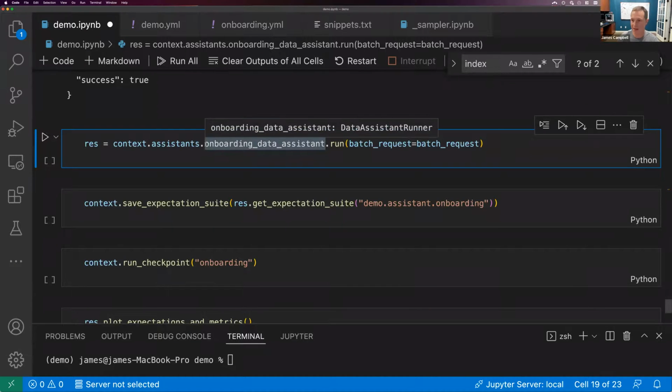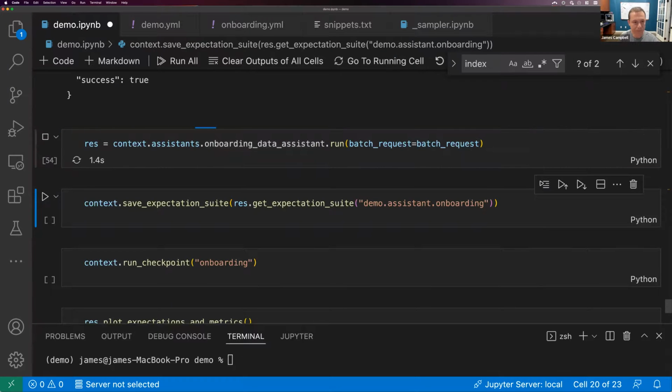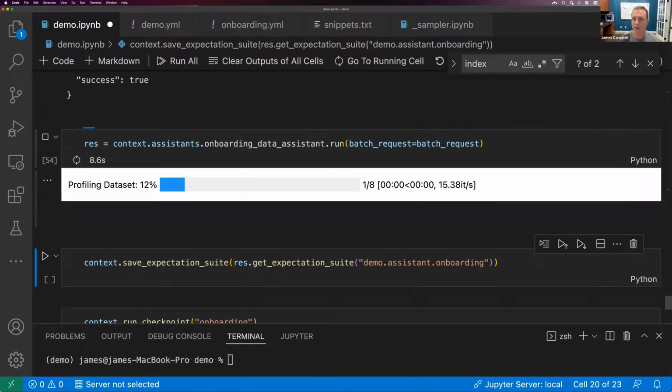Now, if I go one step further, the volume assistant is nice, and as you can see, we made an expectation about the total number of rows, about the number of unique values. We also have this assistant we're calling the onboarding assistant. What the onboarding assistant does is it takes a much broader look across different characteristics of the data set. So this will include volume-related expectations, but it'll also include some distributional expectations, looking at quantiles of numeric values. For string values, it'll look for common regexes that may be relevant in defining and helping to understand the data